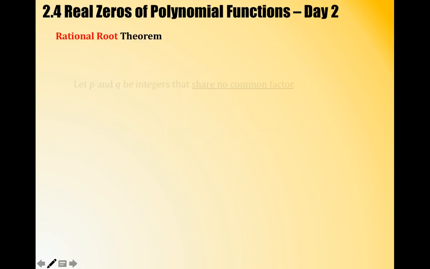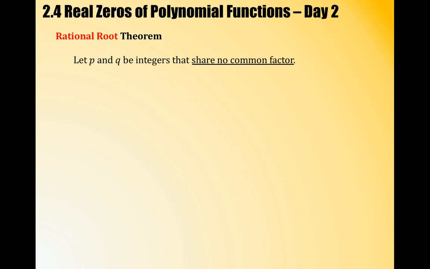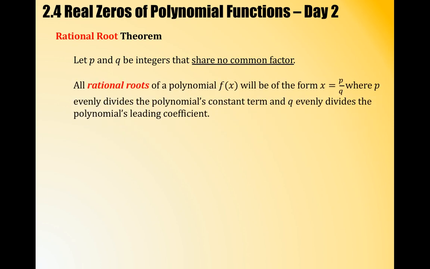So the rational root theorem. Let P and Q be integers that share no common factor. Okay, so we're not going to be able to simplify because they don't share a common factor. All rational roots of a polynomial, f of x, will be of this form. So rational roots, so all the possible solutions, all the possible roots, and I'm saying possible, are going to be of this form. X is P over Q, where P